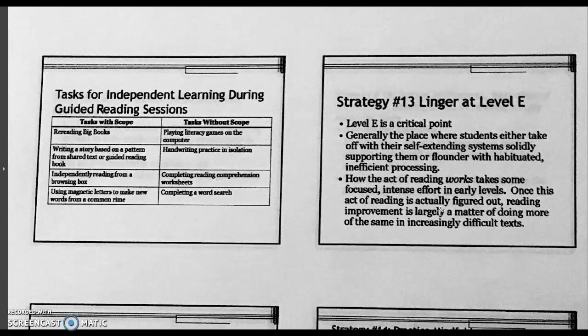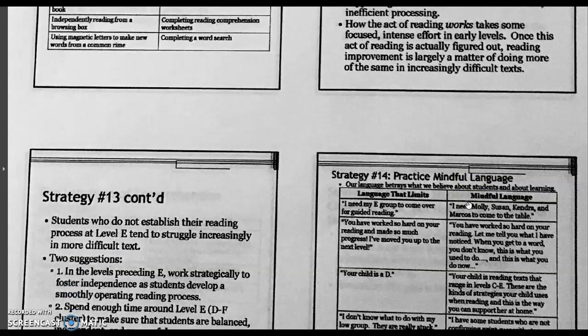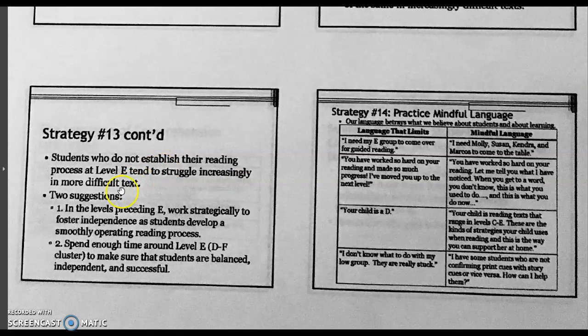story processes together. So I always tell teachers, when you've got kiddos who are working around level E, which is like 6, 7, 8, take your time with it. Make sure they've got it. Because once they get past level E, they really have to have that integrated system to continue doing well. They're basically having to just do the same thing in harder and harder text. I've always told teachers that kiddos who don't have it at level E, you're just going to keep struggling as